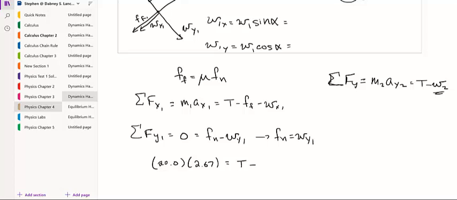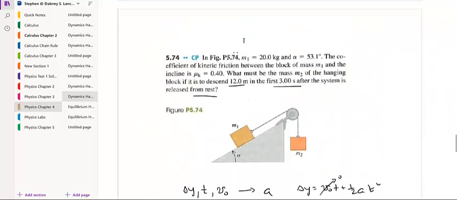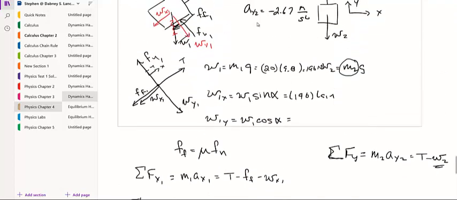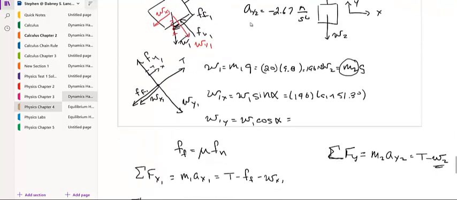So we need to calculate these things. We haven't done that yet. Actually, we haven't done W1 yet. Let's go all the way back up here. So that's 20 kilograms times 9.8, which is 196 newtons. Then we have the components. The x component is 196 newtons times the sine of, what is it, 53.1 degrees. Okay, 53.1. And the y component is